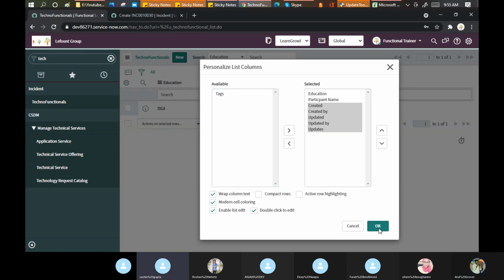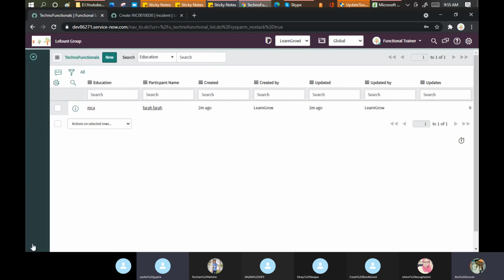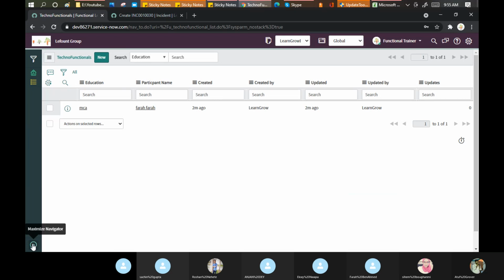Atul, Sys ID is never visible in these forms, right? Yes, never ever visible. Because Sys ID is a unique identifier. And now tell me, if I bring all these fields, created by, updated by, updates, what your system is, what your user is going to do with those fields on the form level? I am unnecessarily putting things on the form level, right?